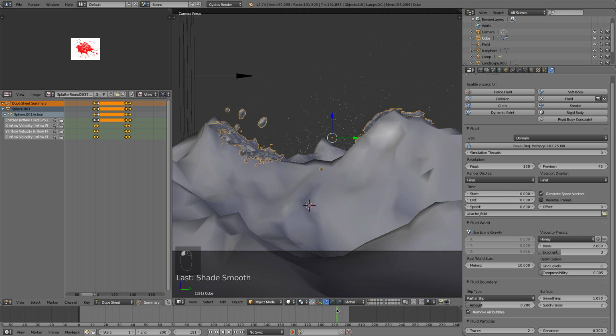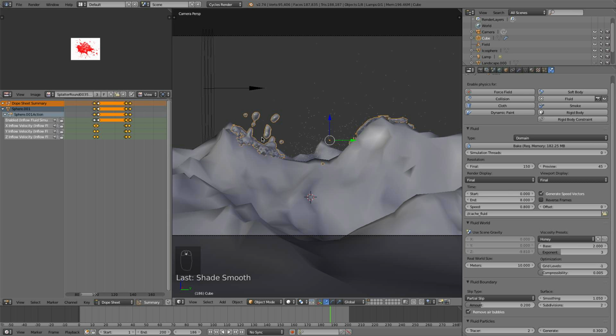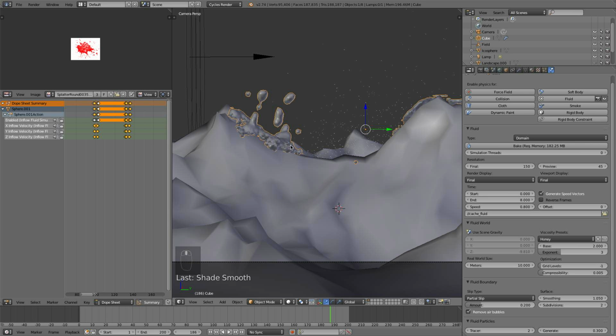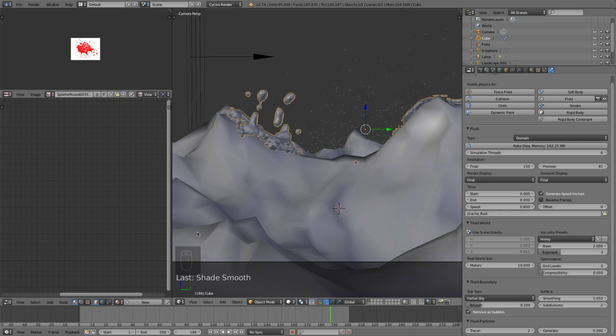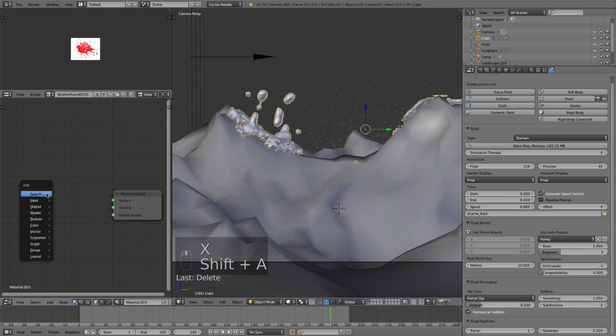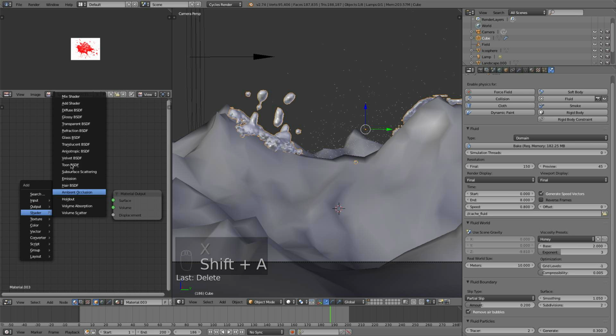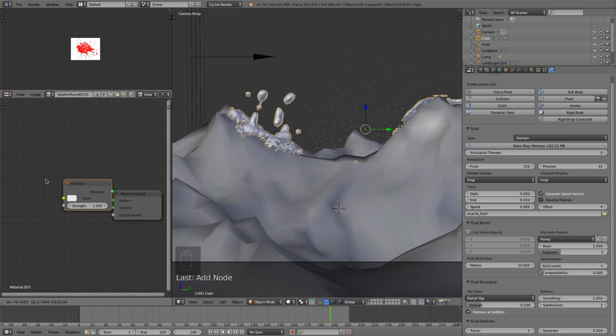So that'll do it for the fluid. We'll just work on the material for that real quick, then I'll move on to the smoke. So let's do the material for this fluid first and foremost. I'll switch out of my dope sheet here to my node editor, and we'll give it a new material right there. It's not going to be a diffuse, it's going to be a shader. I believe it's an emission shader. Let me see, yes. I want emission,